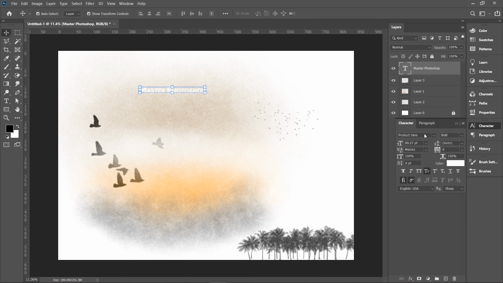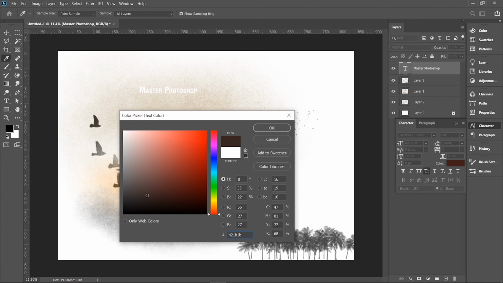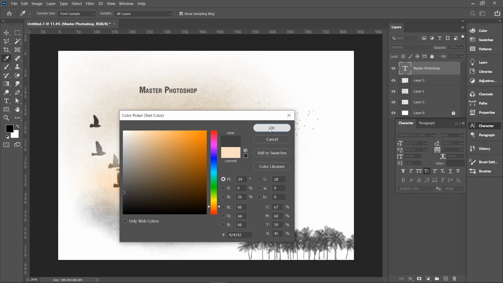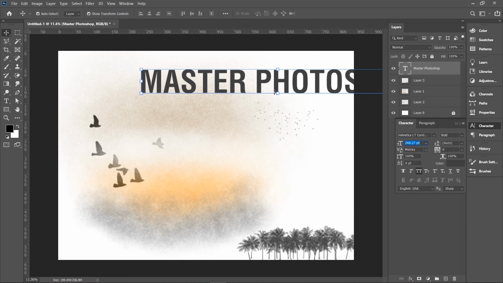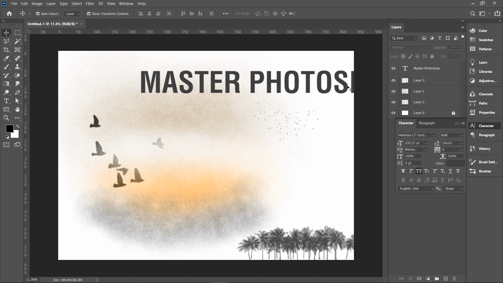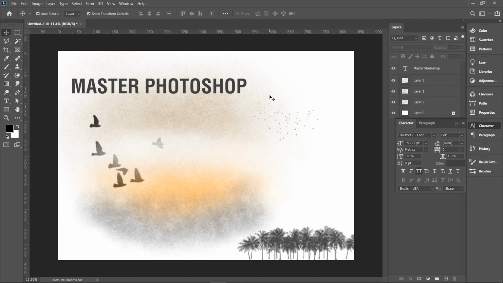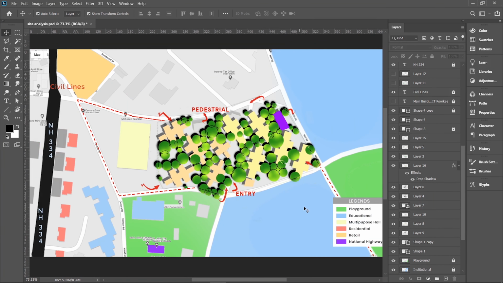You can modify the fonts and colors in the character window. This looks fine.